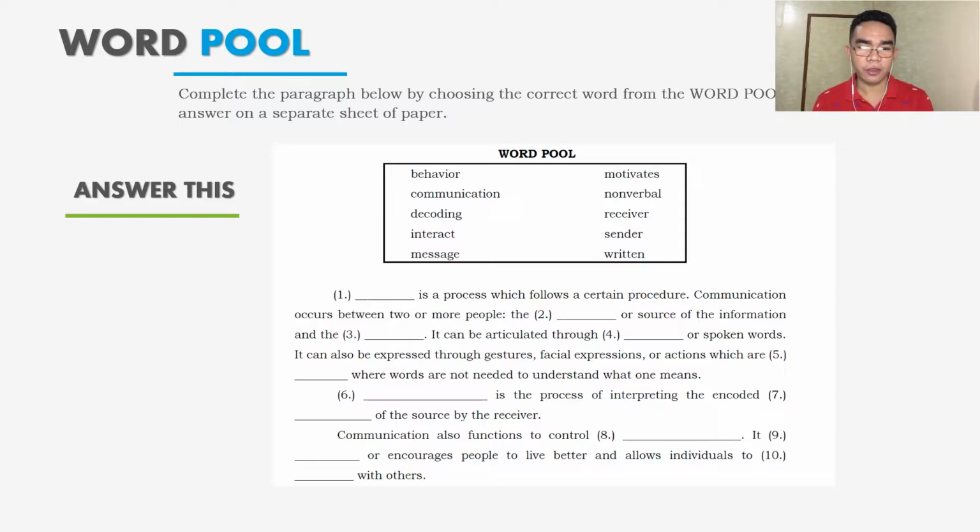As you can see here, there are 1, 2, 3, 4, 5, 6, 7, 8, 9, 10 items to be filled in with the proper words. So you have to answer that as part of our weekly module task. Okay,